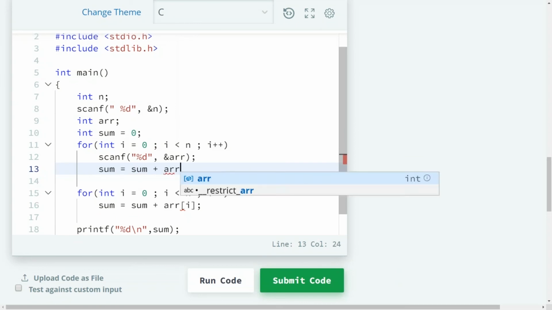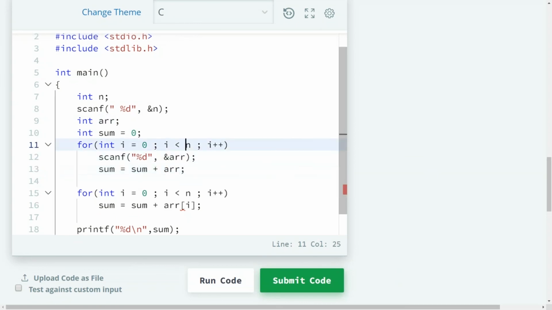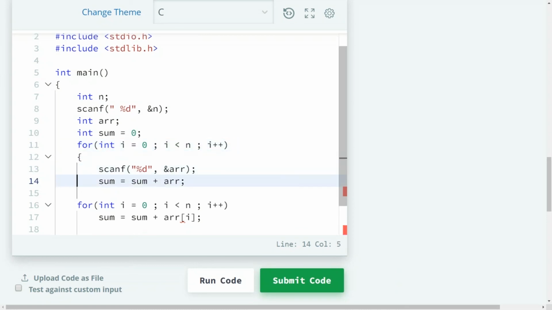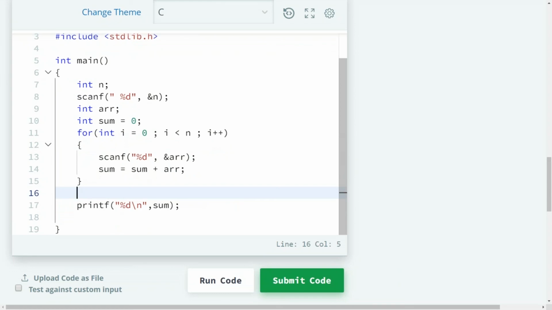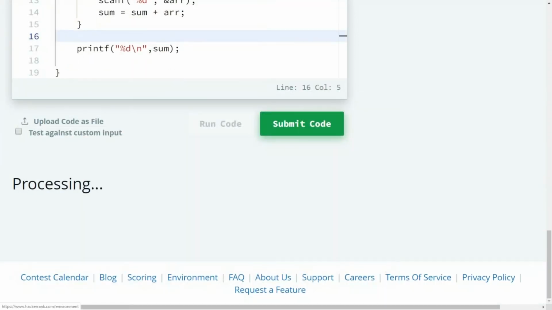Please do remember here, I'm not using any array at all. I'm just using a simple variable, reading the value of the variable, adding it to the sum. Again, reading the value, adding that to the sum, right? Even this works.